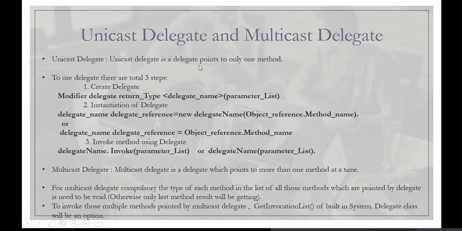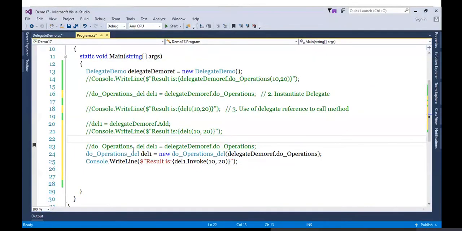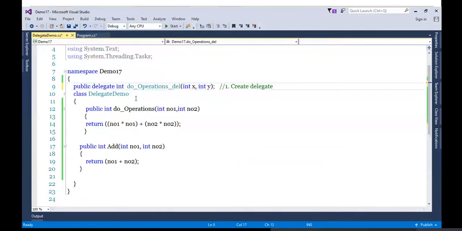Now there are two categories, unicast delegate and multicast delegate. So what is a unicast delegate? A delegate which points to only one method at a time. Whatever demonstration I gave so far is a unicast delegate demonstration. My DoOperations delegate at a time is either pointing to DoOperations or pointing to Add.